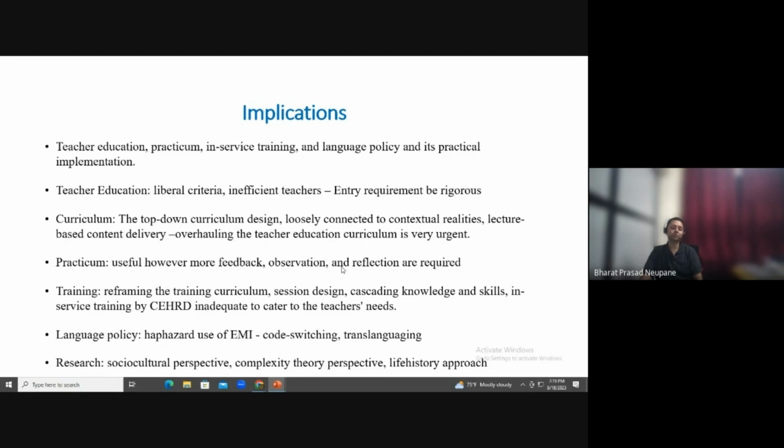we need to move to code switching and translanguaging as English language teachers. That could be the option to help the cognitive development of students, if their proficiency level is not good, right? And then this research also has implications. Most of the studies on teacher identity are conducted through a sociocultural perspective or psychological perspective. So this research opens up avenues for exploration of identity through a complexity theory perspective by exploring life histories